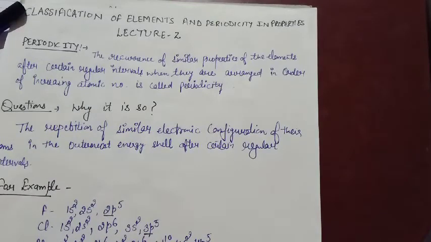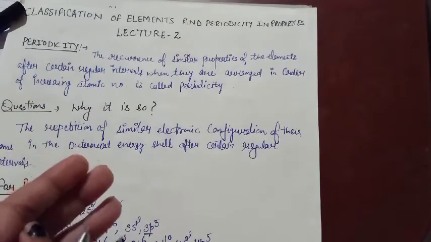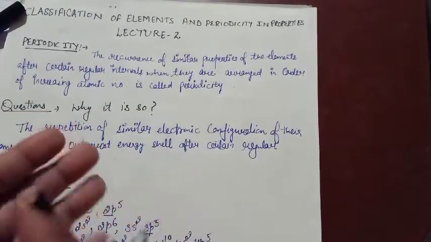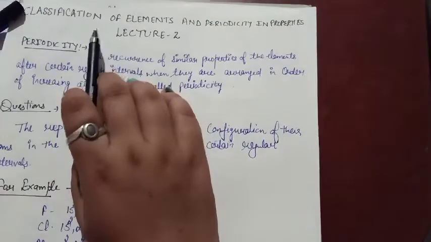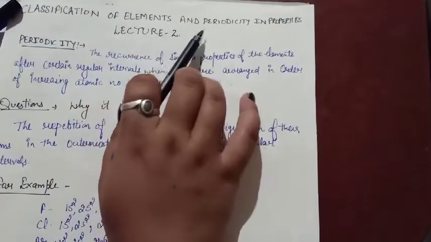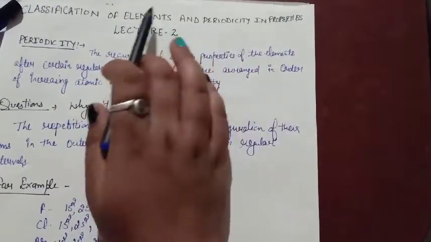As per the last video, we have discussed the basic criteria of the modern periodic table, how we can define it and how it is divided. It is divided into 4 blocks, S, P, D and F, and we have discussed the general electronic configuration of that. In addition, we discussed the characteristic of each block in the last video.